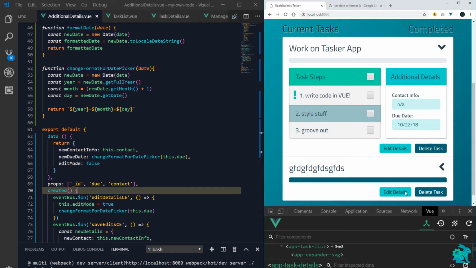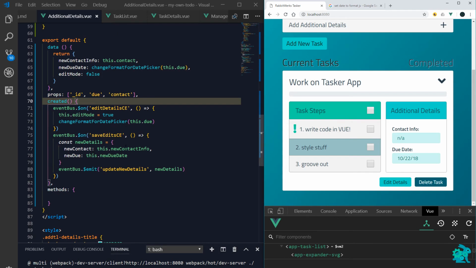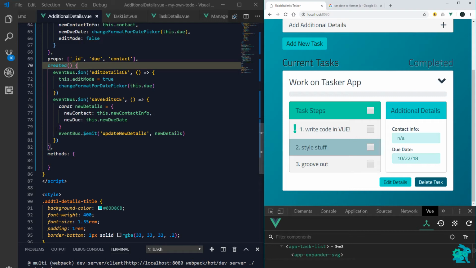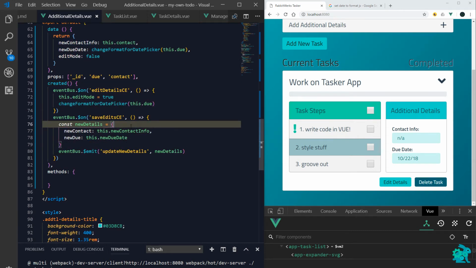I think we're gonna want to throw these buttons into the details container, maybe, because I don't know if we want the buttons there or not. I don't know. We'll see. Okay, so let's just get rid of that really quick. And so where are we at now? So we have the ID in our additional details component, but we also need to pass that up now with our custom events. So let's go in here to this object that we created,